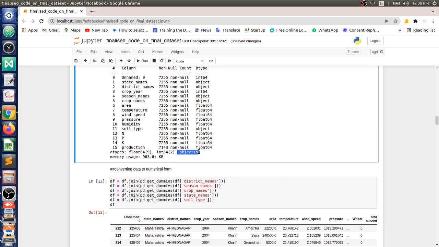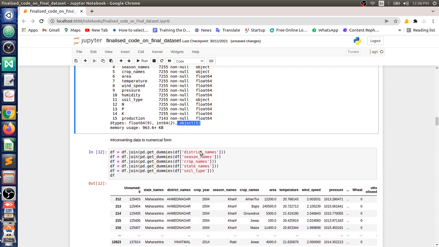Object 5 means there are 5 columns which have strings as values. But whenever you feed any data to machine learning, it should be numerical.